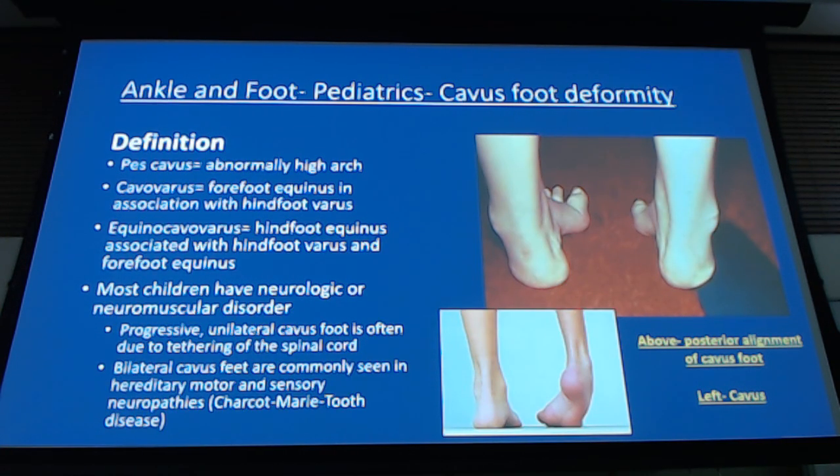In a lot of kids, this can be due to a neurological or a neuromuscular condition. Probably say in most, right? In some cases it's progressive. It can be unilateral, it could be bilateral. In cases where it's associated with